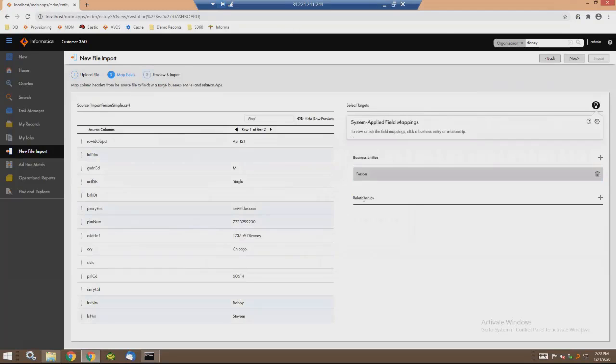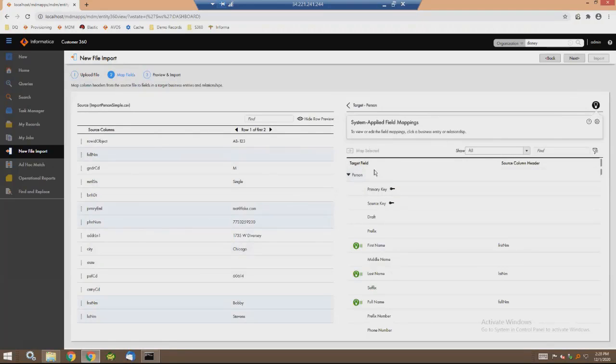So I'm going to go ahead and accept the suggestion. And once you have accepted the suggestion, if you click on the business entity and expand, it is going to show me what it mapped the actual target field to the Excel sheet